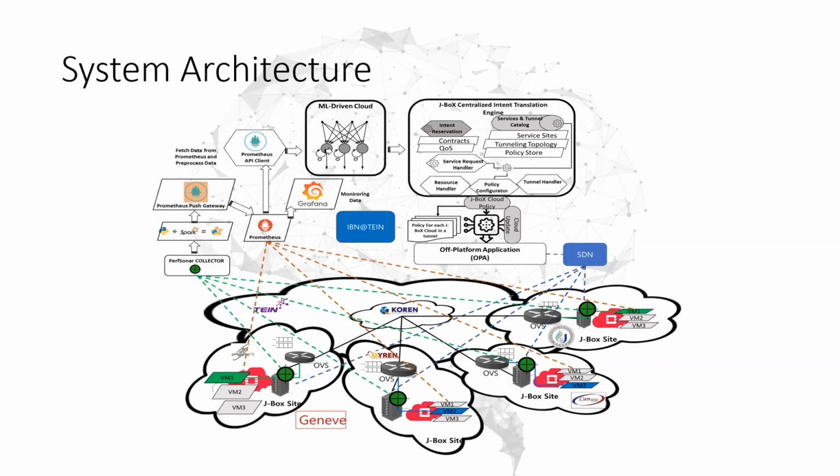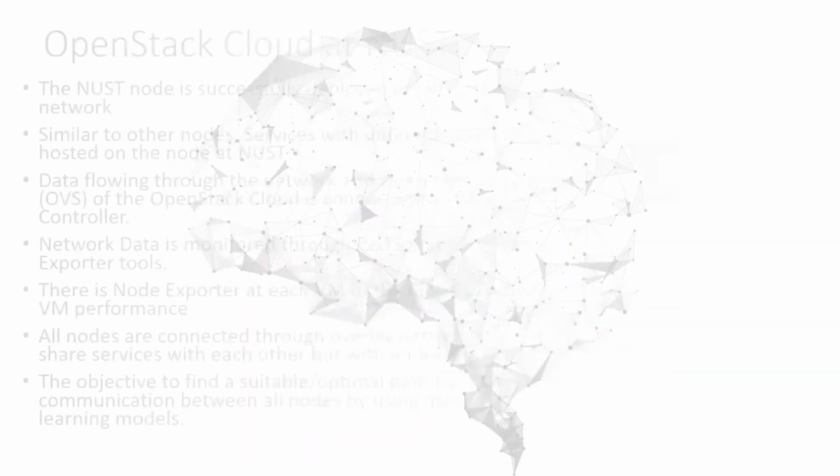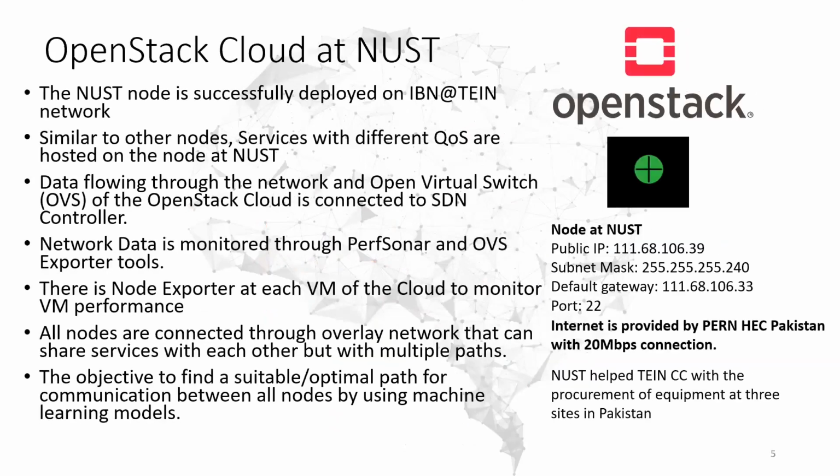So in the next slide, I will discuss the current status of the project deployment at NUST side. Till now, we received our equipment in January 2023, and we were trying to deploy it in our institution, but due to some administrative rules and policies, firstly we deployed it, but the IP was given a local IP, then it was not connected to the other nodes. Then we got some permissions from our institution, and now we have a public IP, which is here,